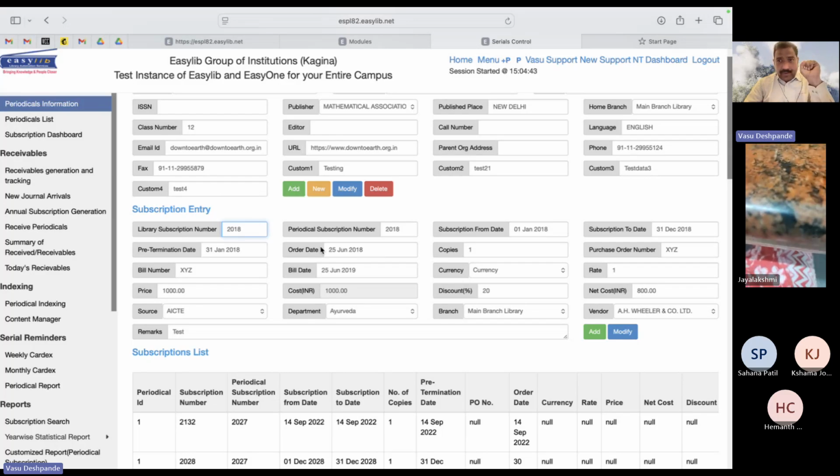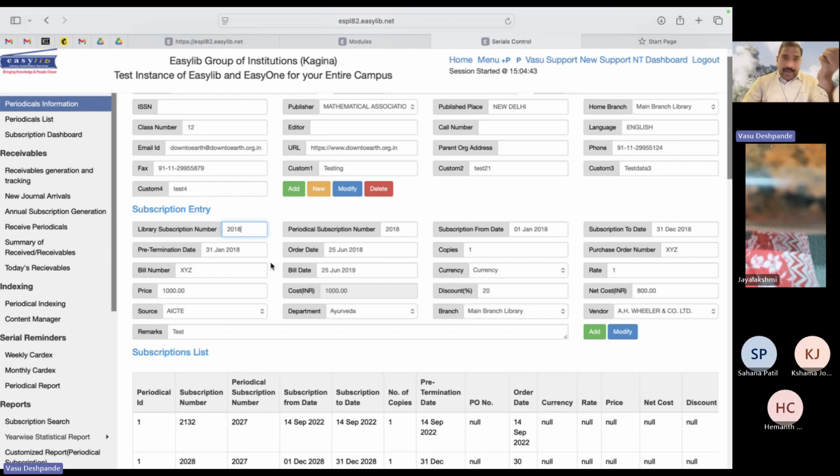Number of copies, one copy, two copies and all. PO number, because your purchase department is issuing the PO, correct? Or you are issuing the PO after getting the approval from them. Okay, I mean the librarians. So purchase order number, bill number, what vendor has given you, bill date, currency, whether it's a dollar, rupee,